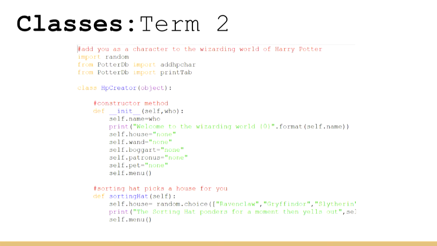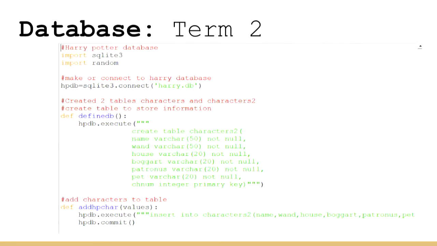And this is my Harry Potter example. And so we move into that object-orientated sort of stuff now. So they've got to create the constructor method, and then a whole heap of other methods to do the wand and what sort of Patronus you've got and that sort of stuff. And that's linked then to a database. So once you've created the instance of your wizard, then you've got to be able to store that in a database and then be able to query that database and get that information out again.